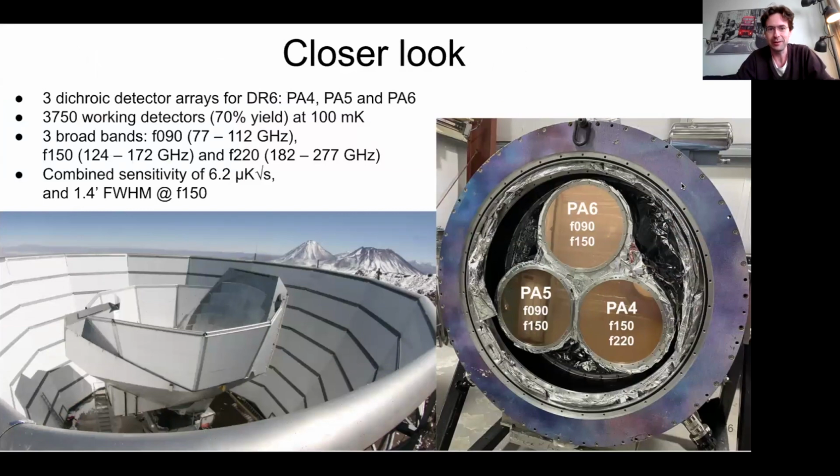Here's a bit of a closer look. In the lower left, you can see the telescope again with the 6-meter primary mirror and the ground screen. And on the right, you can see a zoom in on the receiver. And you can see that it consists of these three parts, the three detector arrays. And for DR6, these were PA4, PA5, and PA6,